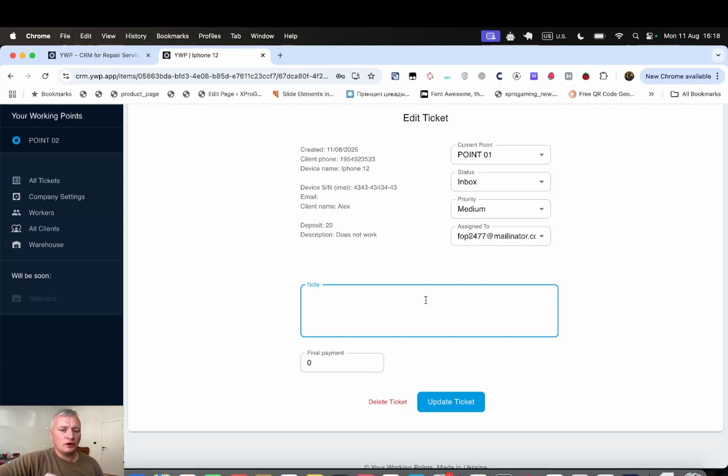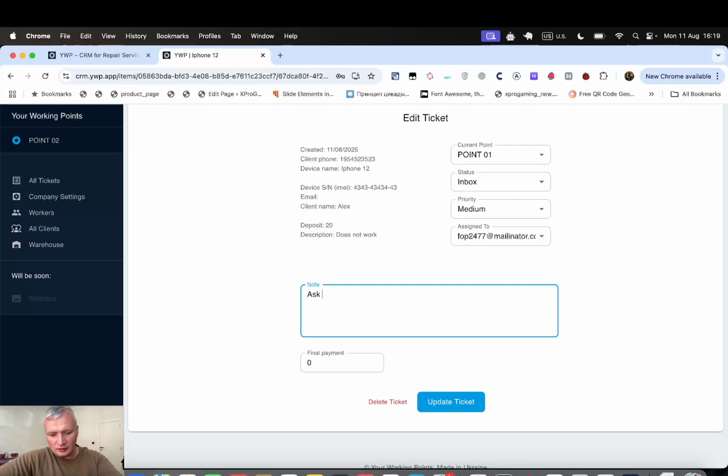For example, in this case, you have a few screens for iPhone 12, and you have to ask the client what screen you have to choose. You have to install for this iPhone, because you have, for example, one original screen and a second not original, something else, I don't know. Right flow for electronic devices and service center. So we can write a note,